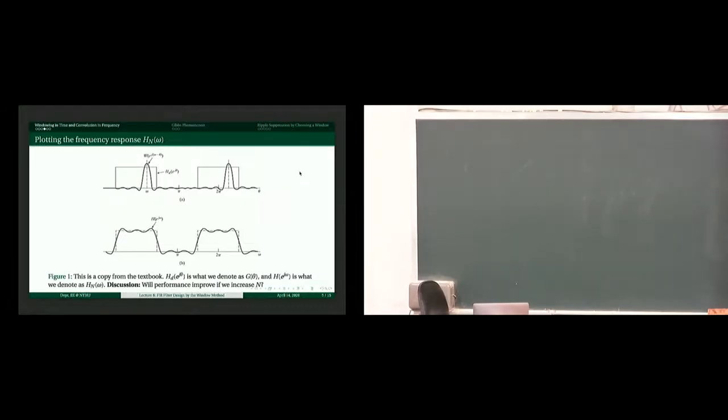Let's say your window is a rectangular window; its Fourier transform will look like having a main lobe in the middle and several side lobes when we get far away from the middle line. So main lobe, side lobes. So consequently,